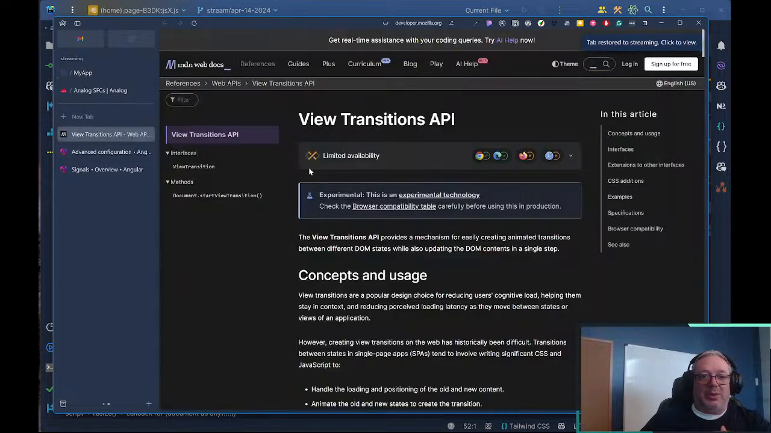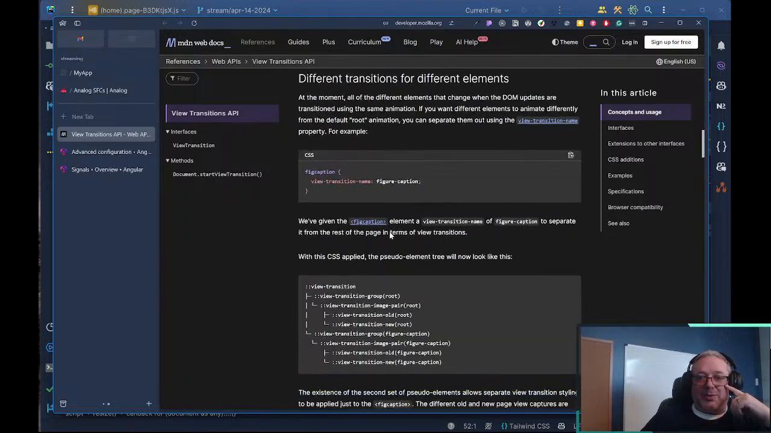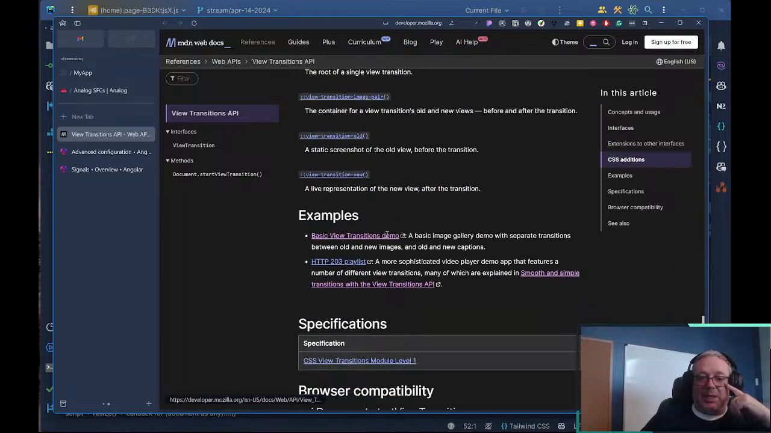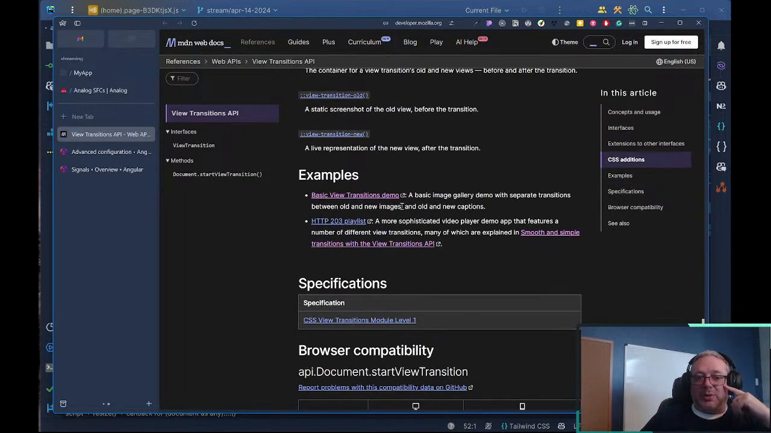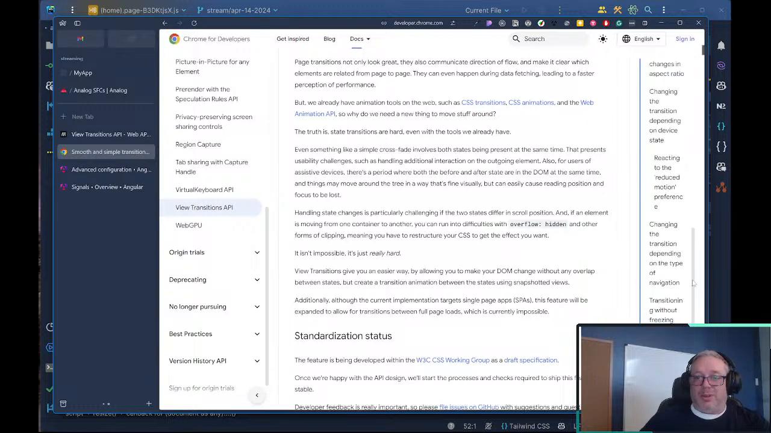So take a look at our view transition. And down at the bottom of this article, it points to a couple other articles. Right, we've got a demo, and then we've got smooth and simple transitions. Let's go take a look at that. The bottom of this document,